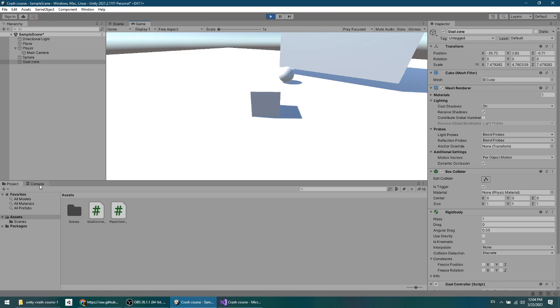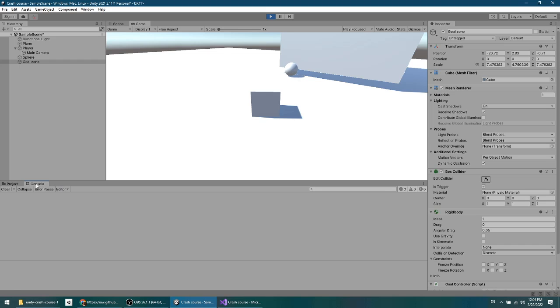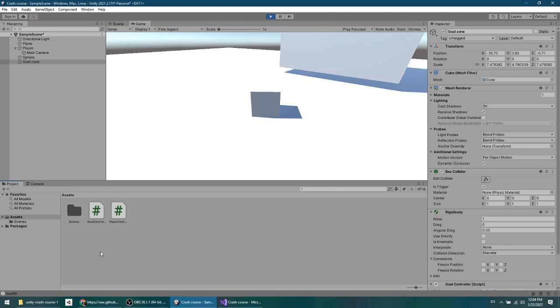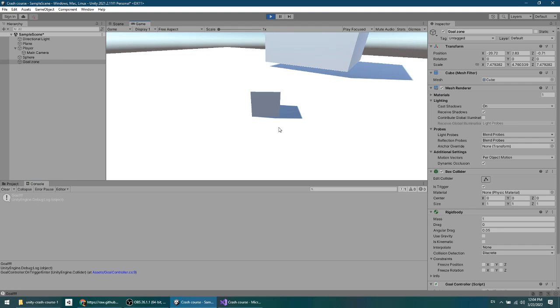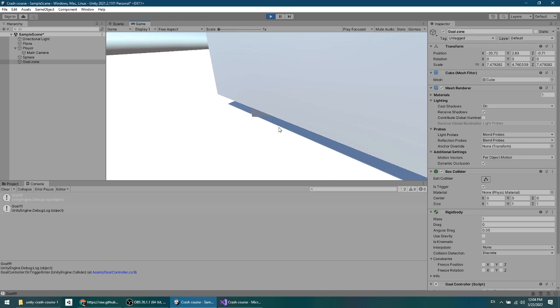Okay. So there is another panel down here, the console panel, and you'll see our little message pop up right there. You'll also see the latest message down at the very bottom. There's this gray bar at the bottom that just tells you what the last thing printed was. You can click on that to hop over to the console panel as well. So it looks like it worked. We got a goal. So let me go celebrate by running into the goal